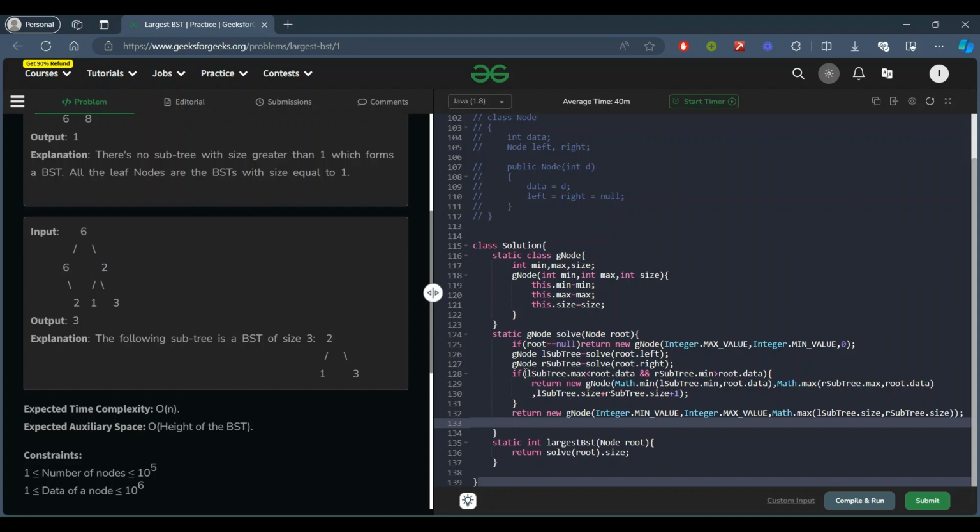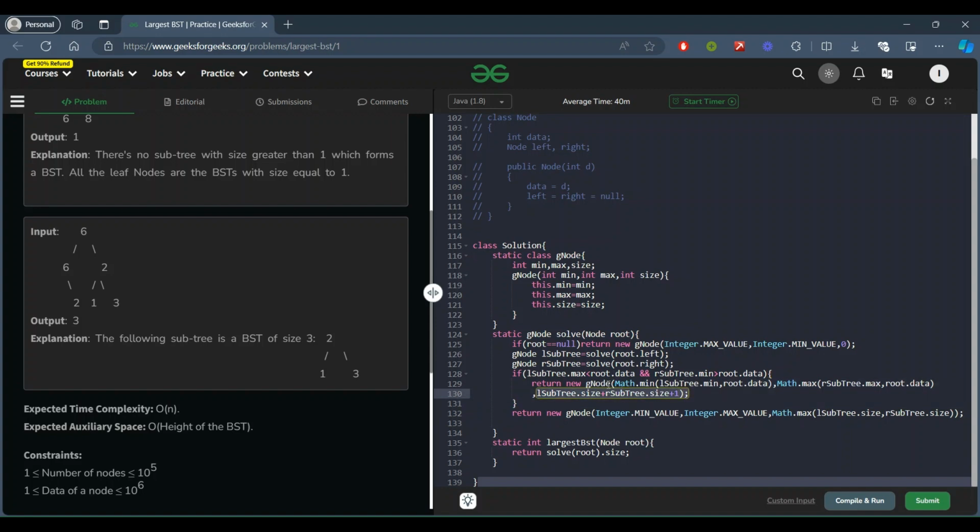And whenever the current node is forming a BST, we are just going to return the left subtree size, right subtree size, and plus one, because of the current node as well.